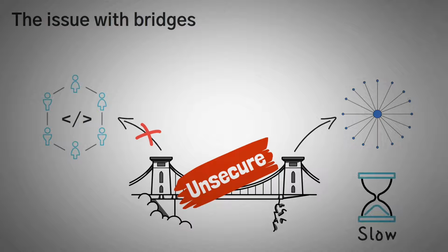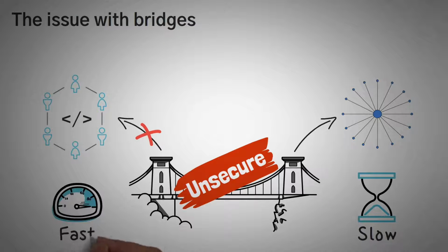Along with that, another issue is that they are usually quite slow. Some transfers take minutes, others take hours, and some even take multiple days. To give you an idea of how long this takes, most transactions on any of the big networks can be completed in less than 10 minutes. So now we are into the integrity.